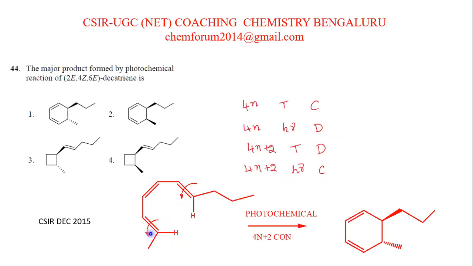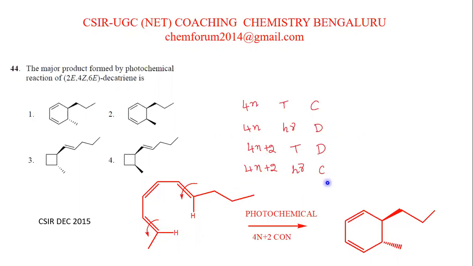In this case, we have 6 pi electrons. If we take the conjugated double bond electrons, 2 electrons here, 2 there, 2 there, it will become 6 electrons. A 6 electron system is an example of a 4n plus 2 system. If you give n equal to 1, it will become 6. Now we have this 6 electron system under photochemical conditions. Now we can close this